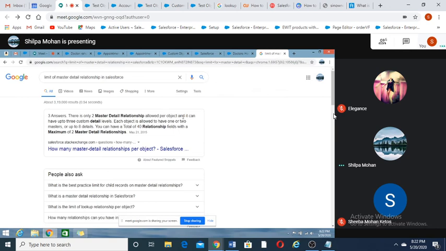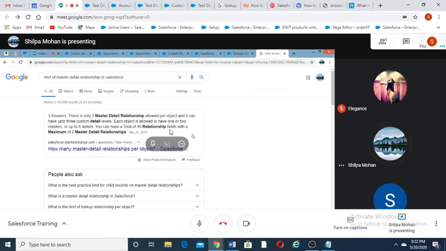Each object is allowed to have one or two masters or up to 8 details. You can have a total of 40 relationship fields with a maximum of 2 master details. That means if we are creating lookup relationships, we can create up to 40, and if we are creating master detail relationships per object, we can create 2 master detail relationship and 38 lookup relationship.